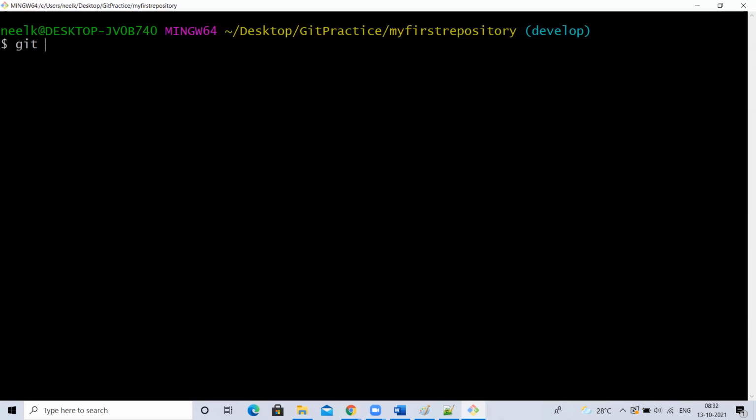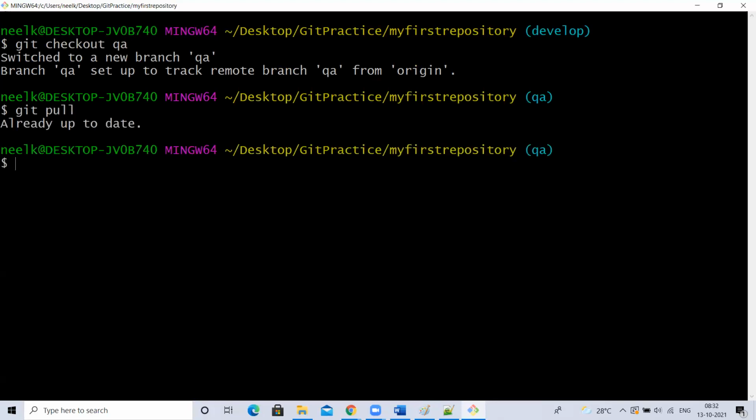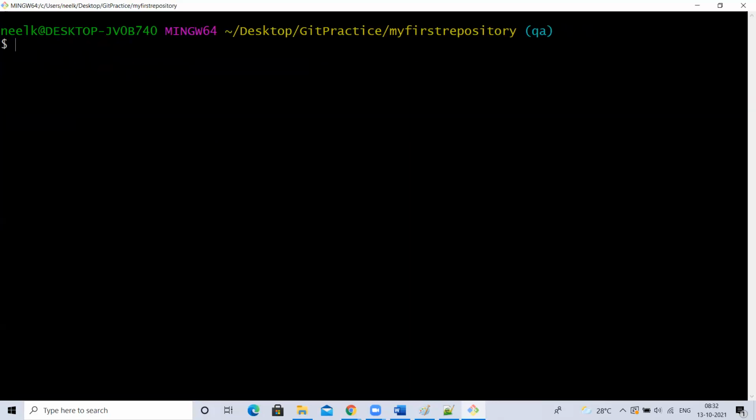So what I should do is git checkout QA. Let's get into QA. Now just type git pull and let's see if there are any changes made. While we are merging or something, it is always better to do git pull. Okay, I pulled, nothing is there. What is my current connected branch? QA. So now git merge